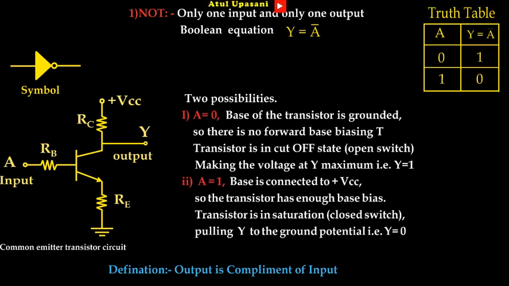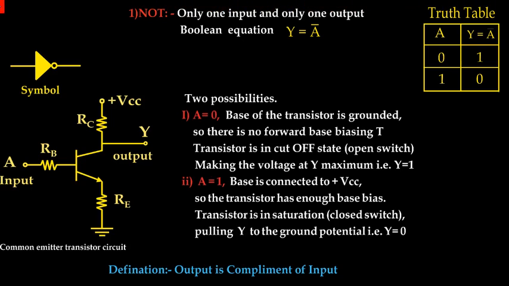See in the diagram, you can see that there is a transistor connected in common emitter configuration. A resistor RC is connected with the positive power supply. A resistor RB is connected at the base of the transistor. Now in a common emitter amplifier, if the base voltage is high enough to forward bias the diode between base and emitter, then the transistor will be turned on. If the voltage across the base is 0, then the transistor will be off. So here only two possibilities of inputs are there.